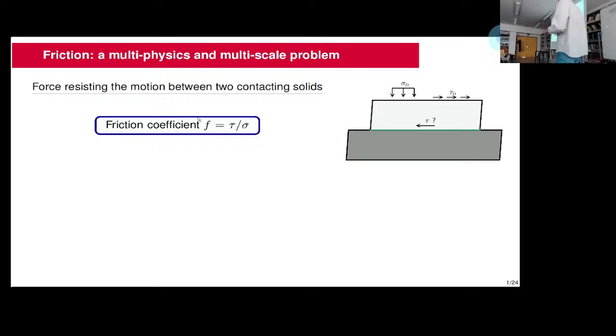So just so that everyone is at the same level on friction. So what is friction? It's basically the force that resists the motion between two contacting solids. And one of the most important parameters in friction is the friction coefficient. Basically, the ratio between the force you put to have motion and the normal stress you are applying in your